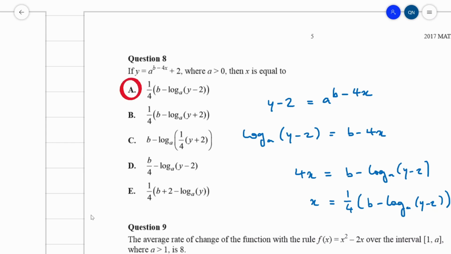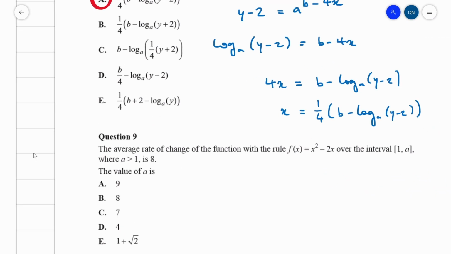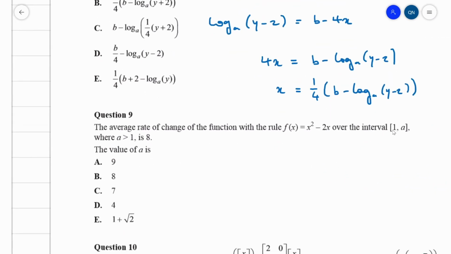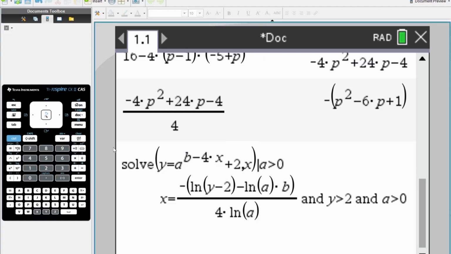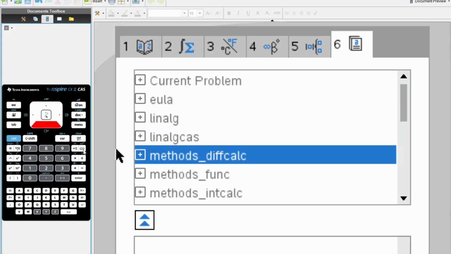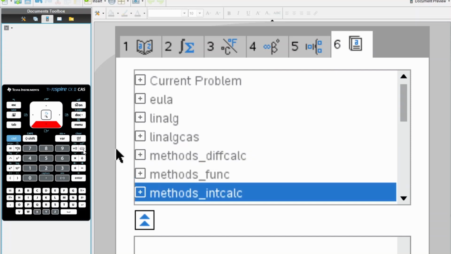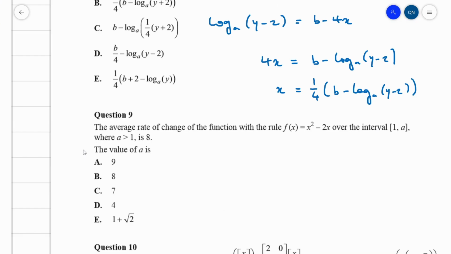Okay, question 9. The average rate of change of the function with this rule over the interval 1 to a is 8. We want to find the value of a. Let's just apply the average rate of change commands. You can plug it into that formula into the CAS if you want to, if you don't have the programs,